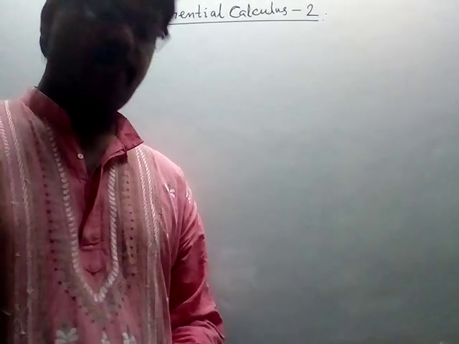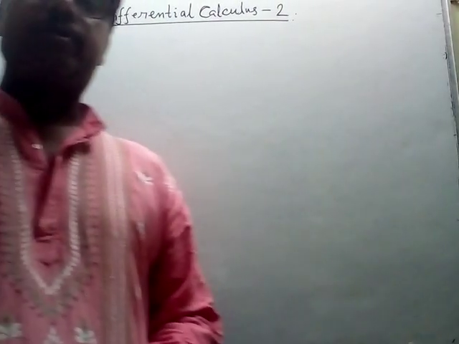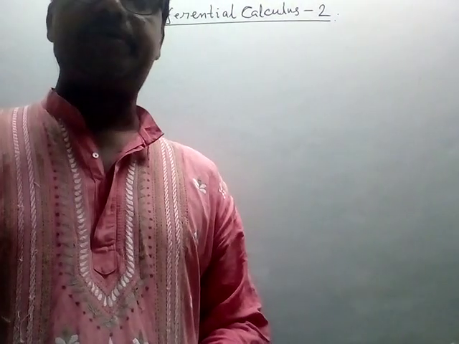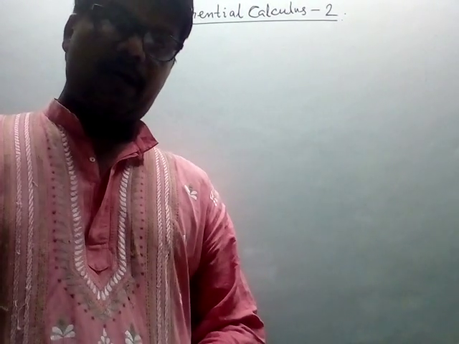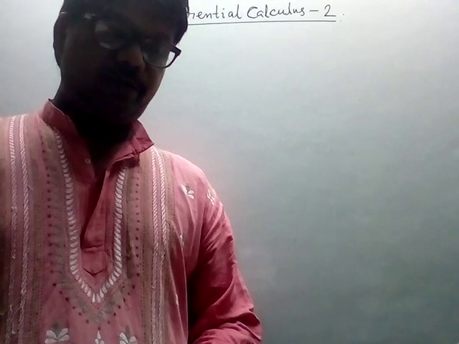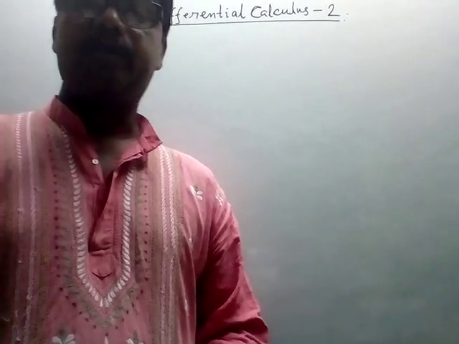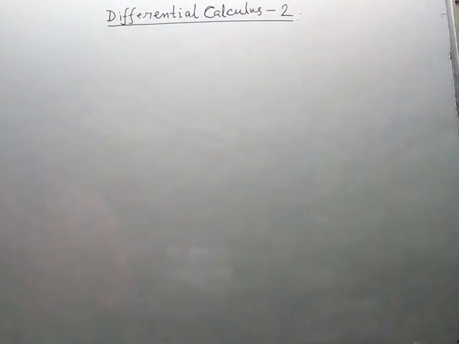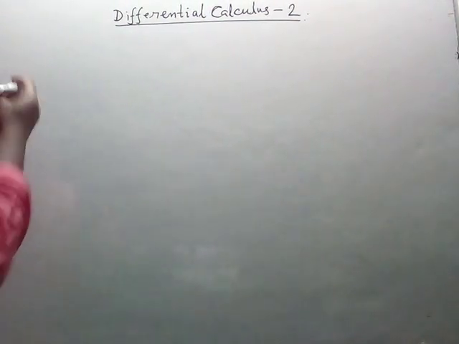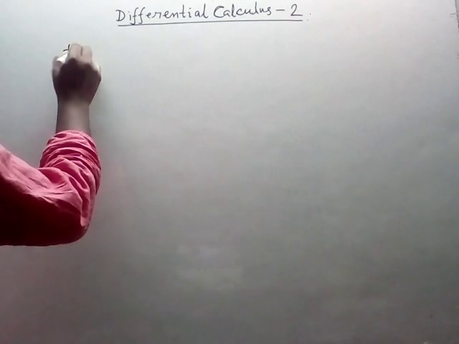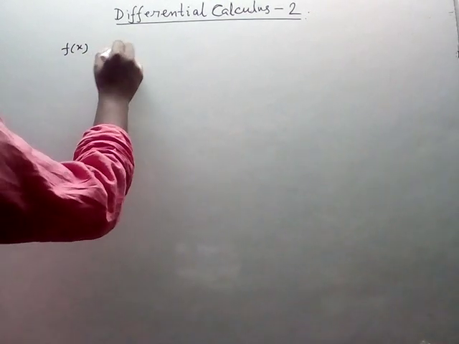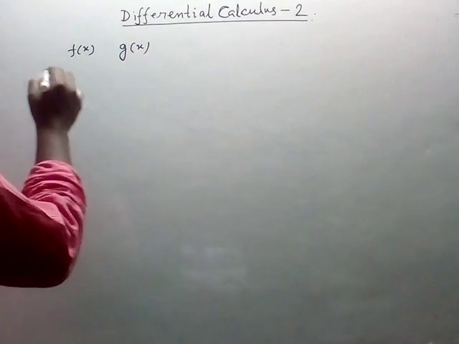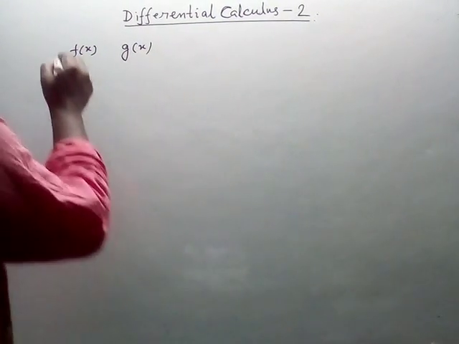Hi students, in the last class you learned about the definition of the derivative, that is, differential coefficients at some point. Today we will learn the properties of derivatives. The properties of derivatives: if f(x) and g(x) are two functions and c1 and c2 are two scalars, then